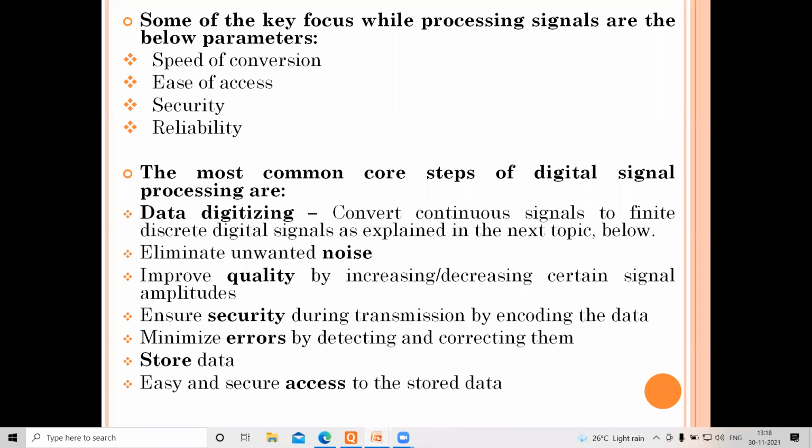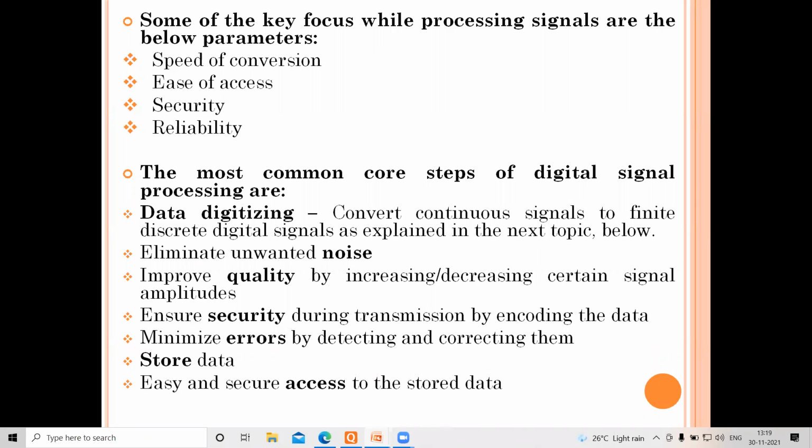Then, as I said, ensuring security, and minimizing errors during either transmission or detection. And finally, storage of information is a challenge, probably your big data analysis. These days, big data is a word where everyone talks of big data. What is that? But talking of information that's being scanned and stored at a hospital, how long can you go?